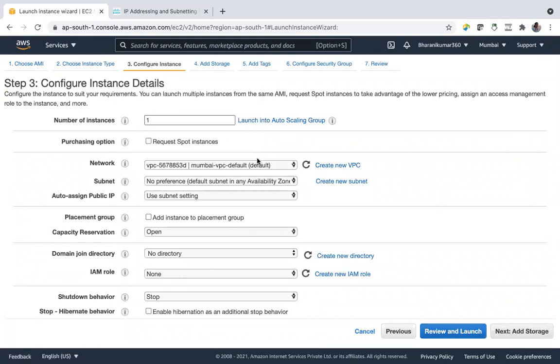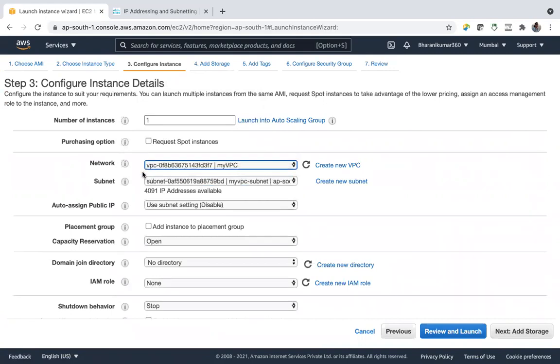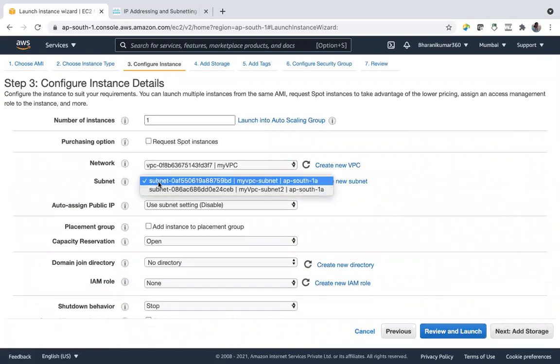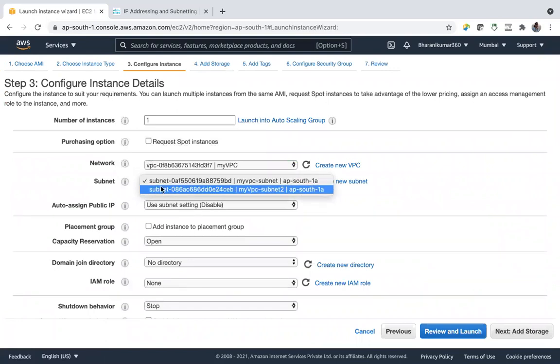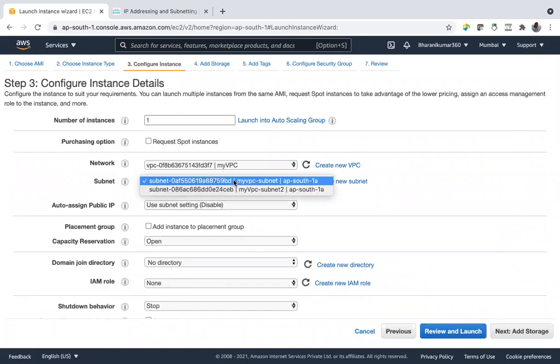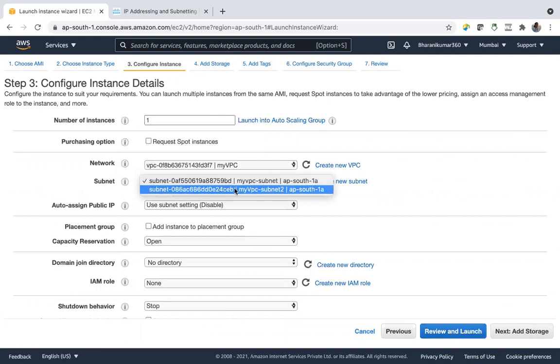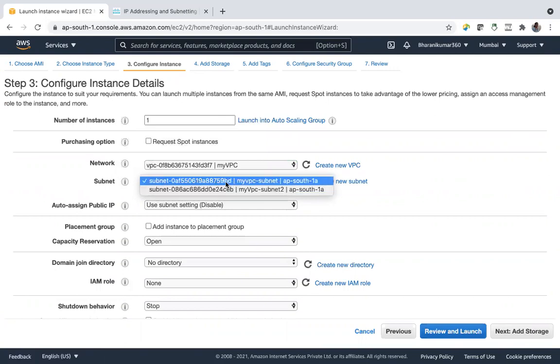Number of instances 1, and the network, my VPC, subnet. Here two subnets are there. I know this is the public subnet and this is the private subnet. So let us launch it in the public subnet.